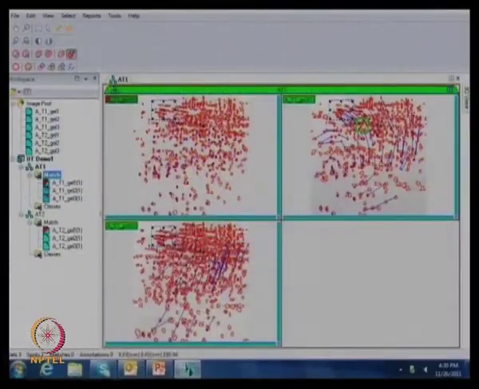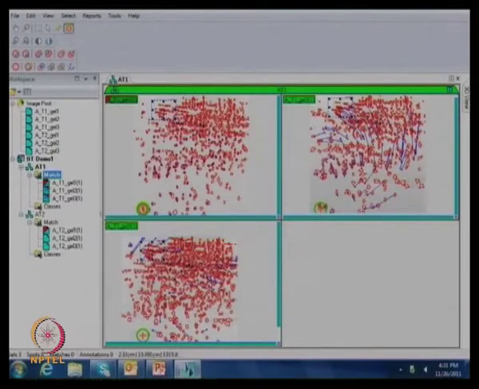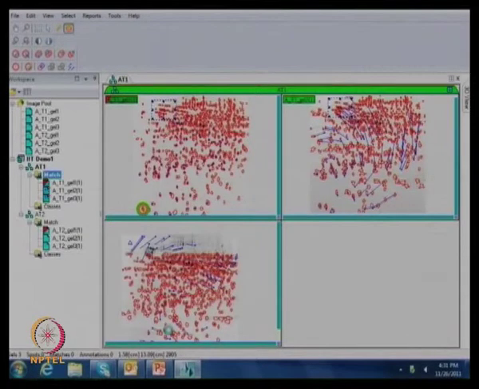And now we can see in these 2 gels there are a few vectors. We can remove these by adding landmarks. Now this is the landmark option. You have to add your landmark initially in the reference gel only. Suppose this is a landmark, I'm just going to add a landmark here. Then I have to adjust this landmark to the same position in all the remaining gels.